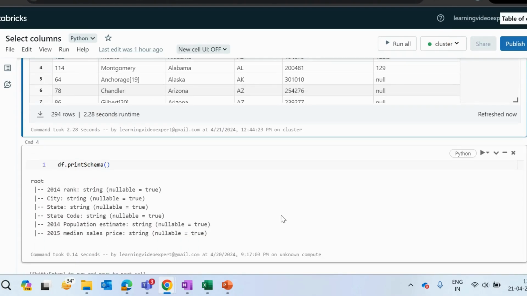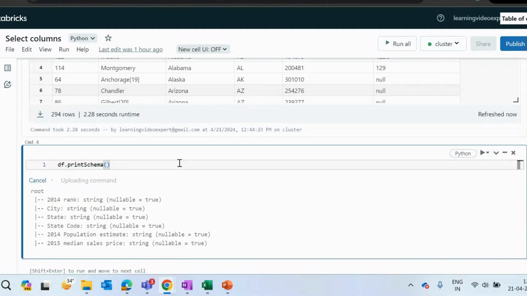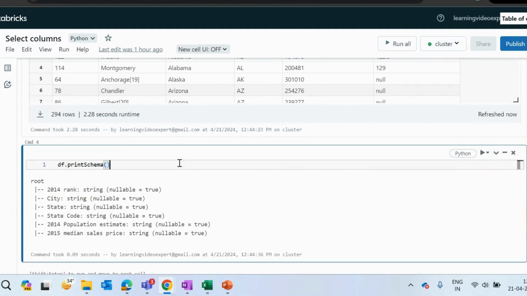Now, let's see what the schema of it is. For that, you have to use df.printSchema(). What this does is print your schema. It will show you what columns are present in your data frame and what data types are assigned to each column. Let's say my 2014 rank is a string data type. Similarly, city is a string.